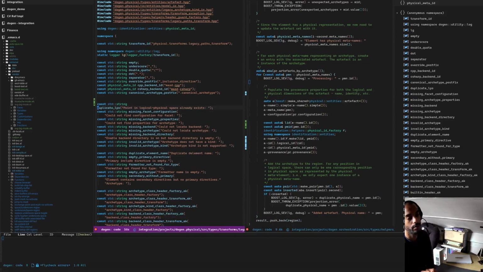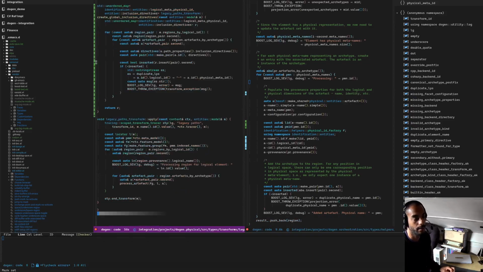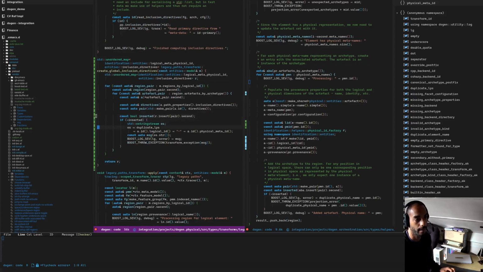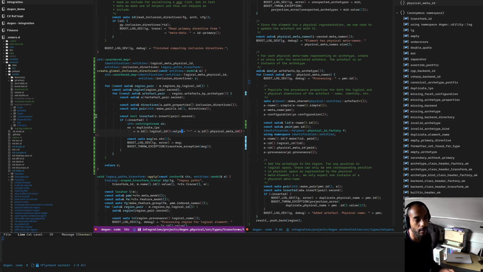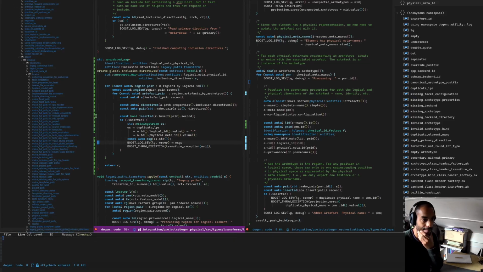Okay, so we don't really expect duplicates, but because we don't really expect duplicates, we should really make that expectation obvious, because, oh sorry, we need to do a value of the IDs, because these are primitives. Right, so we have a message here. Right, cool. So this thing here then is inserting